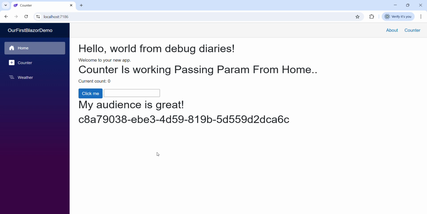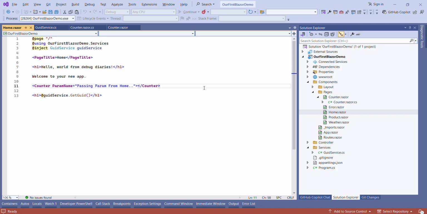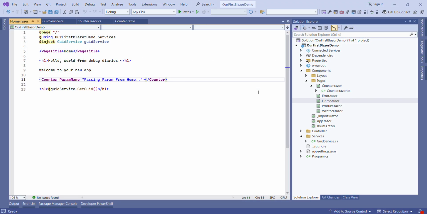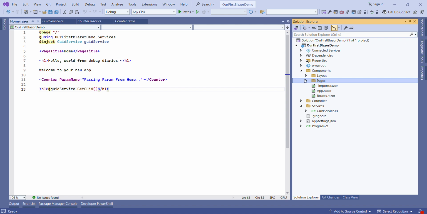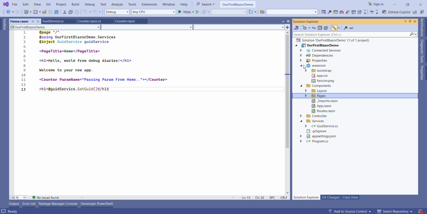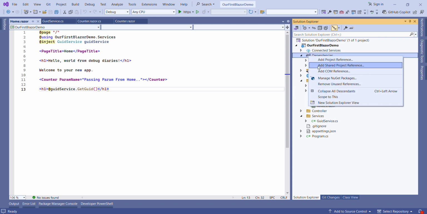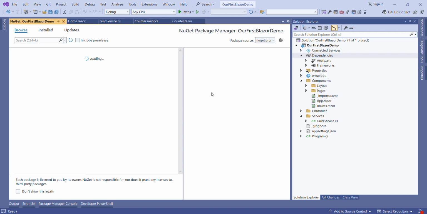So now let's move to the most important part, and that is how you can manage your data with the local storage and the session storage. Let me first close this project. In Blazor we have two different NuGet packages that you have to install for managing local storage and the session storage. The difference between local storage and session storage is